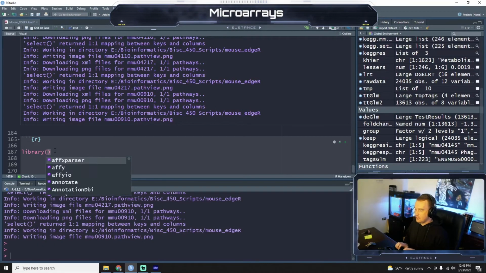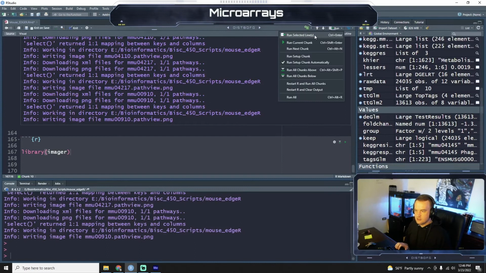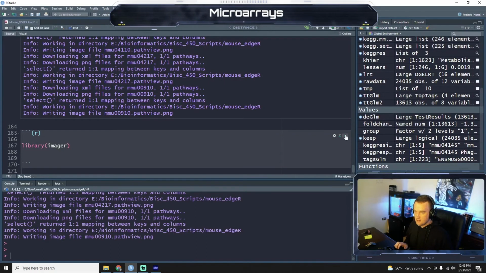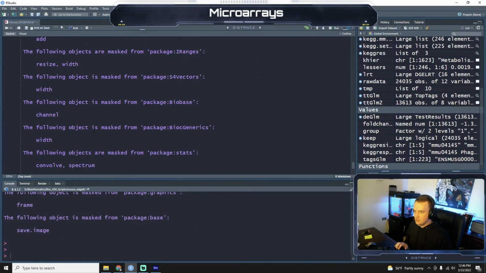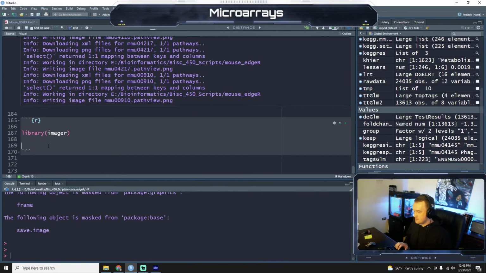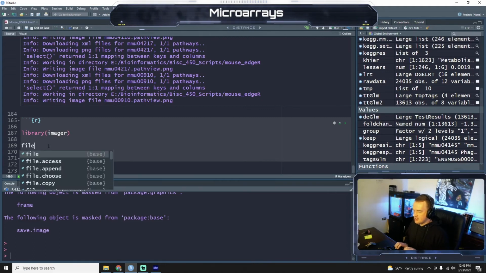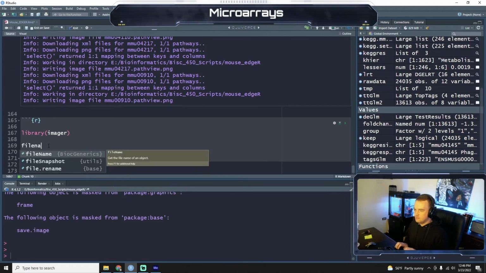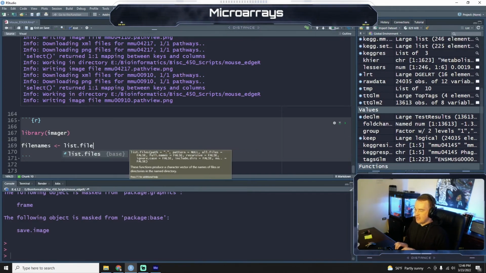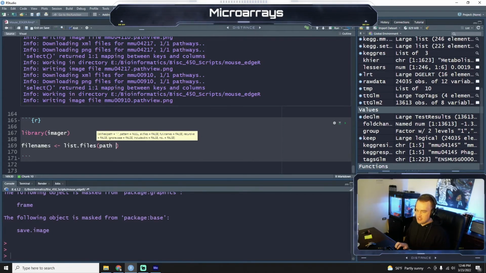So we're going to open a library called EdgeR. I wonder if I've installed this on this computer. Okay, so it is loaded, so it is installed. All right, so what I'm going to do now is take the file names from that directory, and your path is going to be your working directory. For you guys, it's going to be squiggly line desktop / classroom / my files. For me,